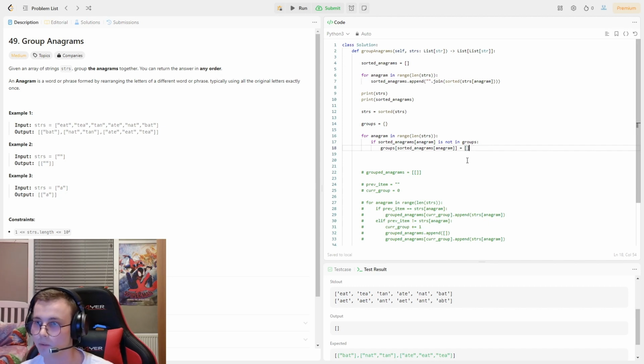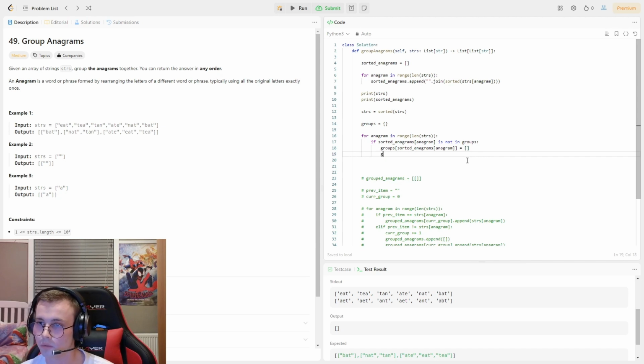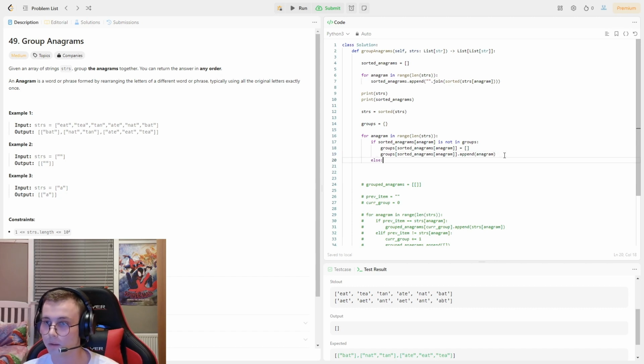To make it a bit clearer, I'm just going to do this dot append anagram. Okay. Else